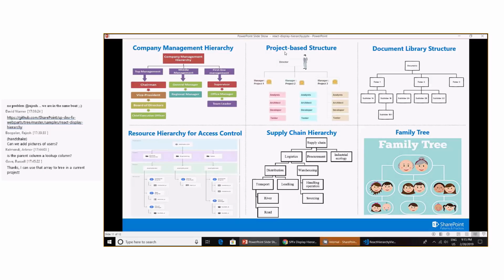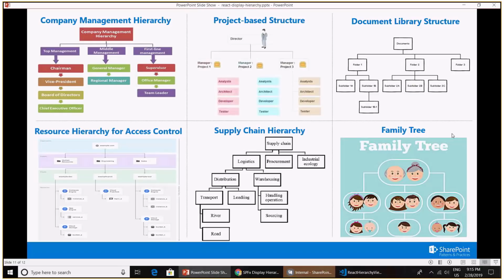Or if you want to show a project-based structure, or to represent a document library structure in SharePoint, or if we want to show the resource hierarchy for access control or a supply chain hierarchy, or, in a simpler way, to show a family tree. So I guess that was all about this demo.